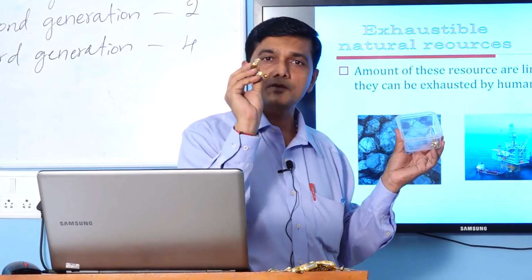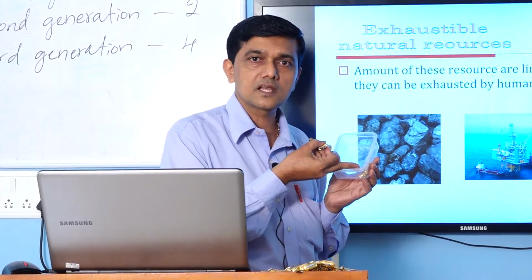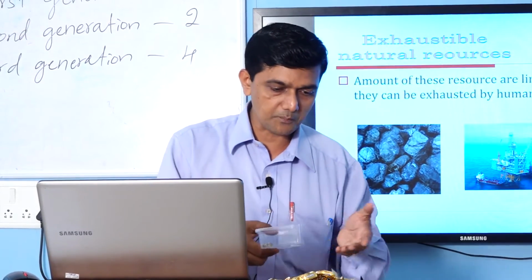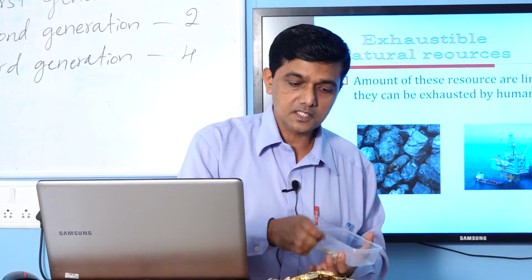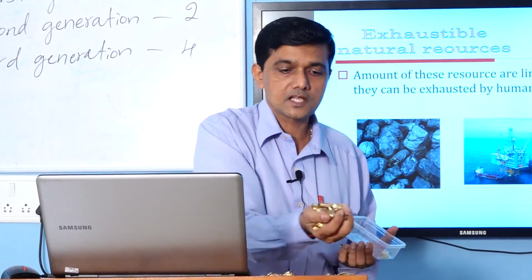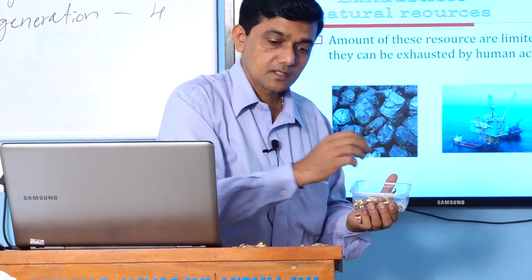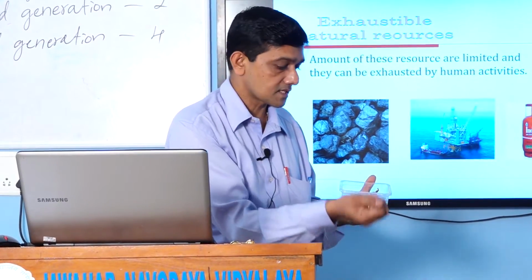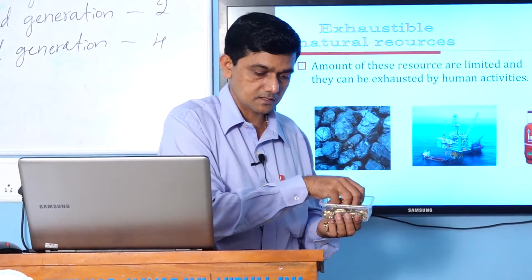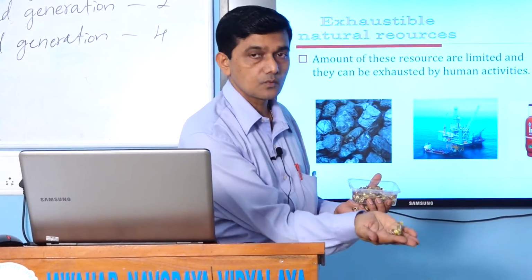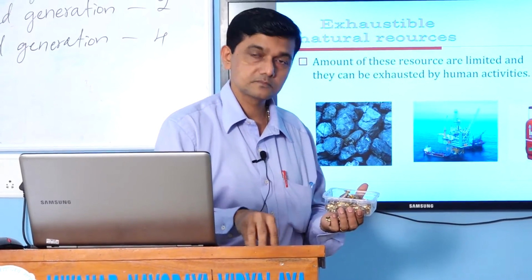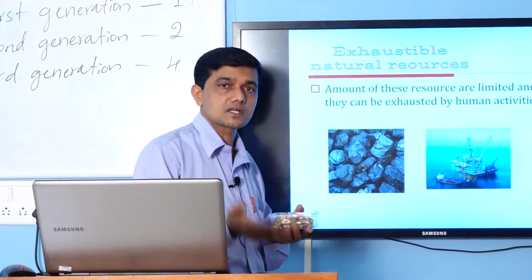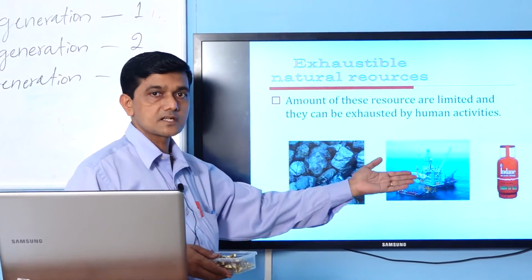Each one could get only 2, and the balance is very, very little. The 4th generation has nothing to consume. The natural resource got exhausted. Also, when you compare, the first generation got this much quantity of natural resource to consume. The second generation got a little bit less than the first generation, whereas the third generation got only 2 toffees each. So, with this you can have the idea that generation after generation, the natural resources get depleted, and